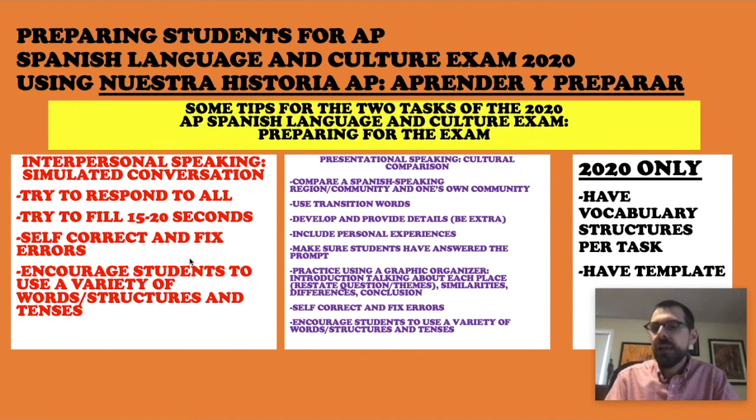Okay. Just want to give some tips. I'm also an AP grader, or a reader, and this is what we're looking for when we are grading. And these are some tips for your students. One thing that's different about 2020 is pretty much they've let us know that students can use notes. So